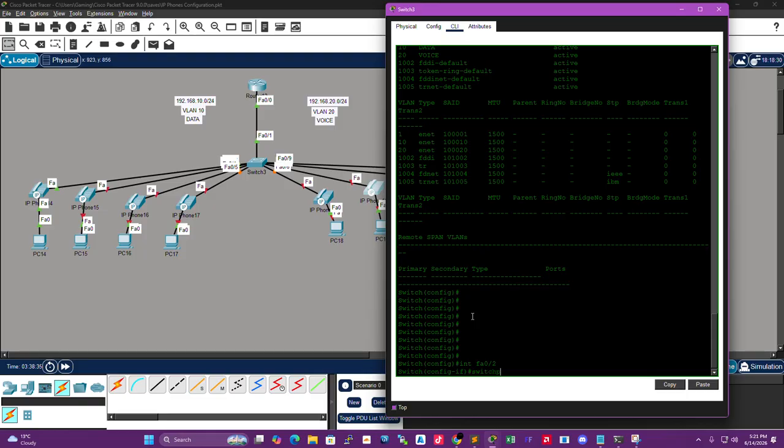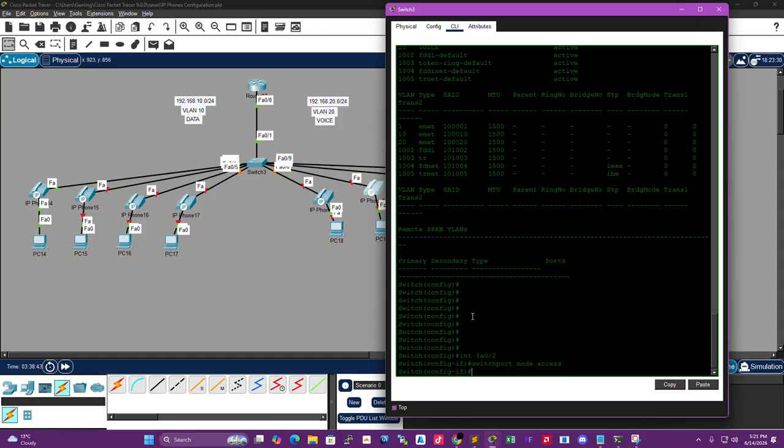We want to allow this port to be a switch port access. So we're gonna say switchport mode access, and then we want this port to be a member of VLAN 10 by typing the command switchport access VLAN 10,